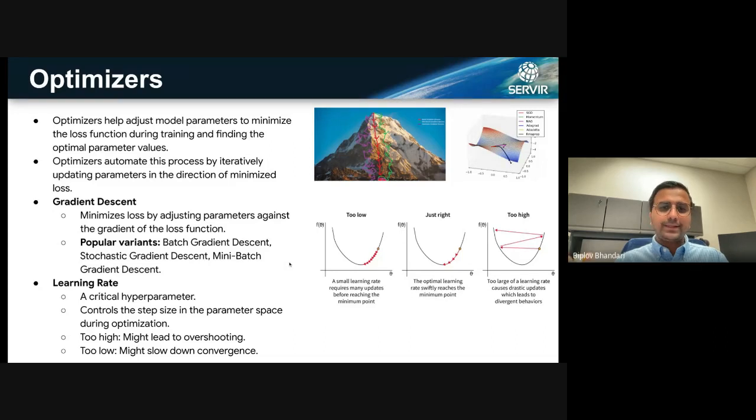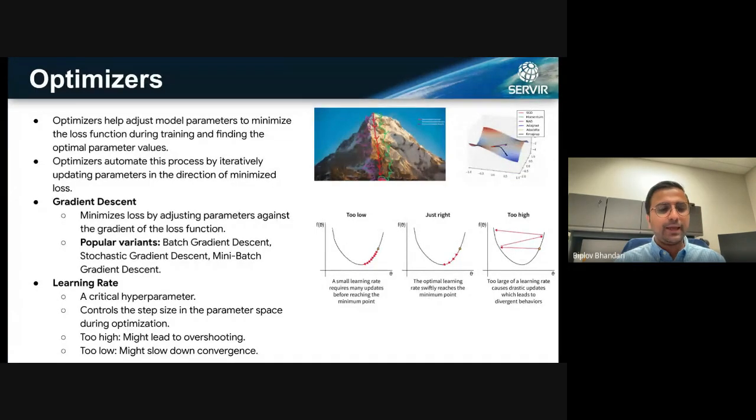Okay, so now once it calculates those gradient losses, it needs to move in the direction. So for example, when you're moving from the top of the hill down, there's an important thing that you need to take into consideration, and that's the step that you want to take going down. You don't want to jump, because then it's very, very likely that you're going to die. But you also don't want to take it too small, because there are other conditions that might be associated with it. So this is where a learning rate comes into play.